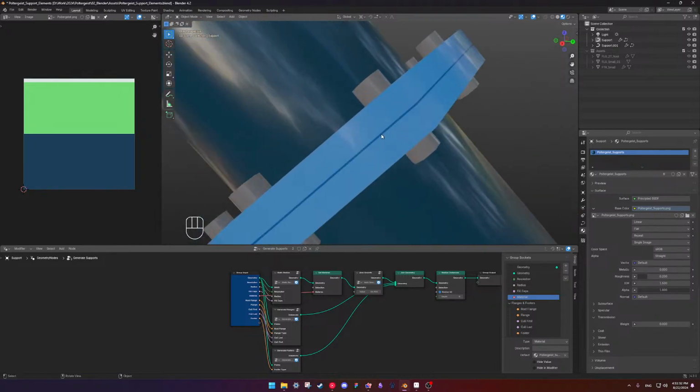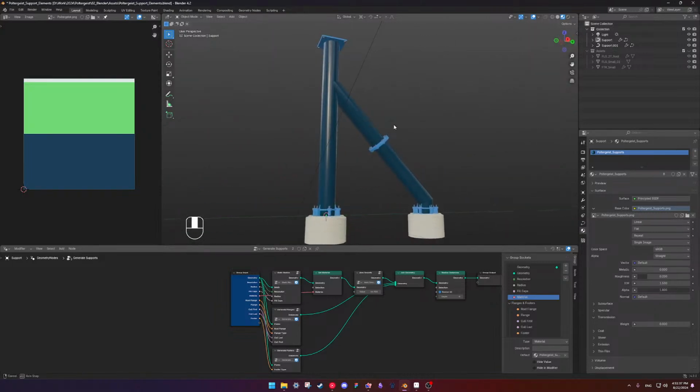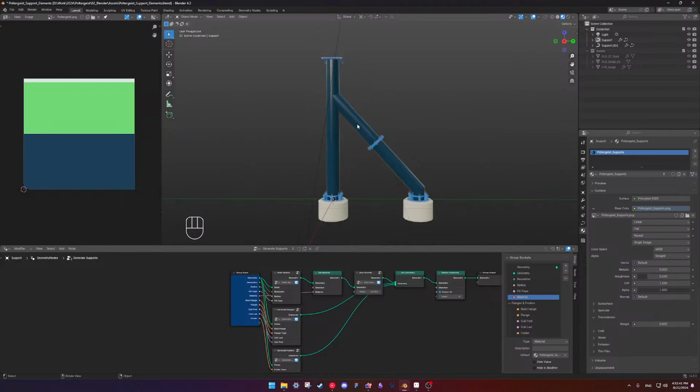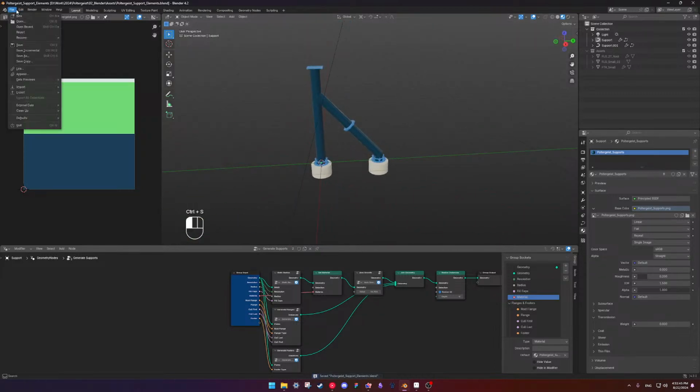Like, for instance, this dark line here. I don't remember what I was gonna do.